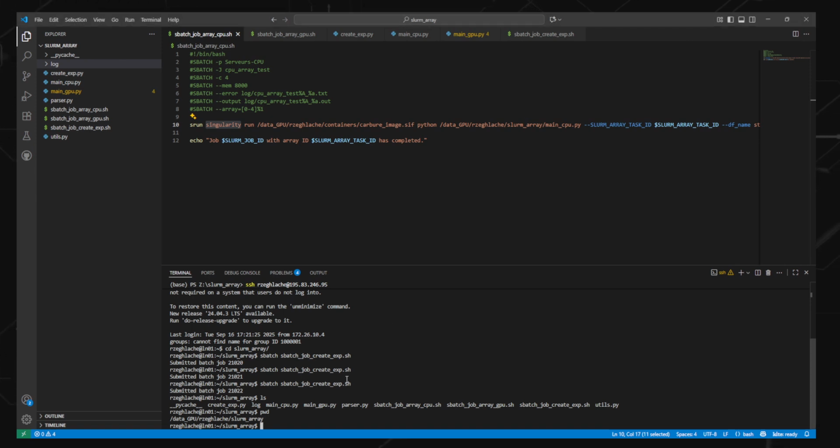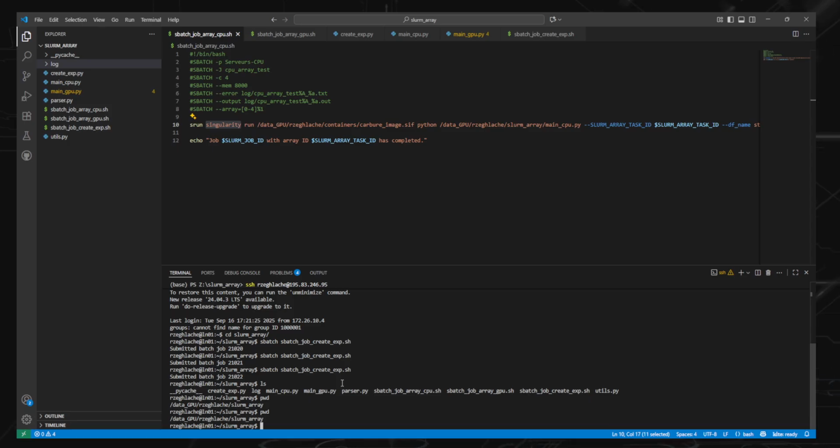I'm already connected inside, and as you can see, there's this path, GPU regular SLURM array, which I just showed previously, the folder. But using Vim or Nano is kind of troublesome at some point when you need to work with many files,